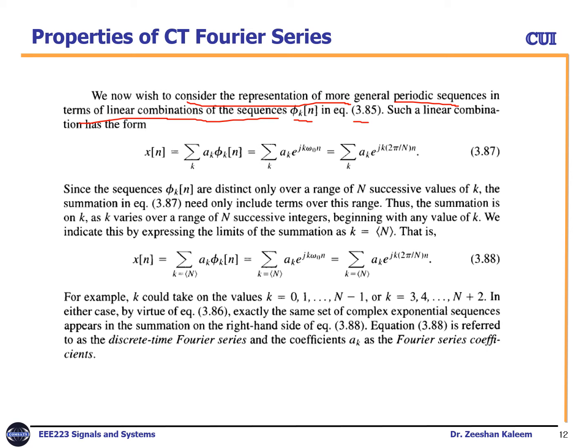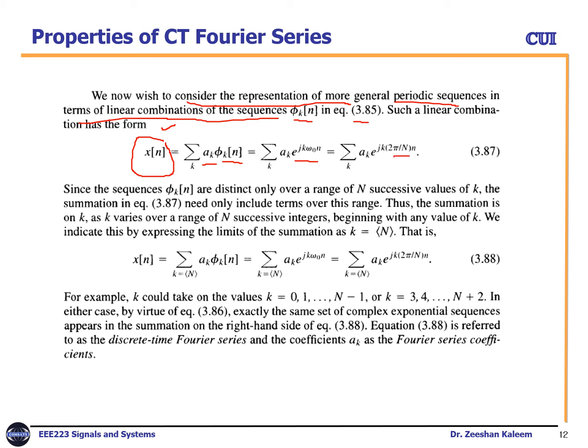For example, if you want to express some periodic signal x[n] in terms of a Fourier series, and the signal is discrete, how can you represent it? There will be a_k coefficients, and phi k[n] is the complex exponential. And there is a summation, iterating over k, where k equals 1, 2, up to N, right? So x[n] equals the sum over k of a_k times the complex exponential e^(j k omega naught n), where instead of omega naught we have 2 pi over N,